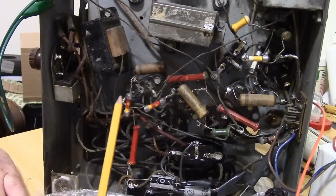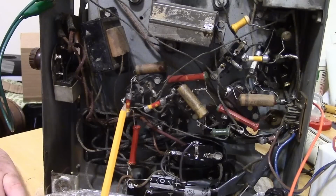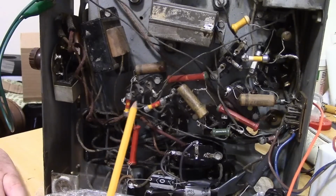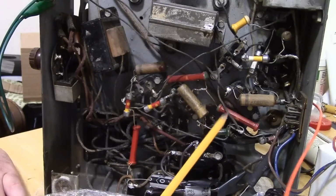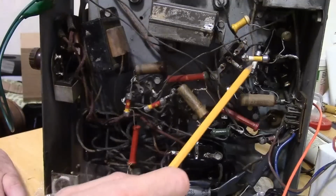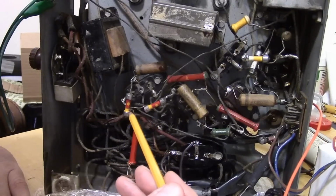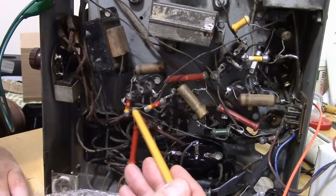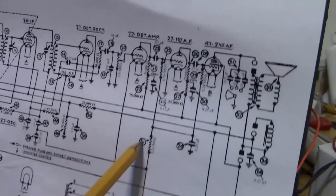So 2 is red, 4 is yellow, and then it'll have a yellow dot for 4 zeros. Well, we've got 2 right here. These are both 25K, and that one's green, these are yellow. So these are the only ones I see, and indeed one end of each are connected together. So it's the only situation I see on that schematic where you've got 2 of the same value resistors tied together